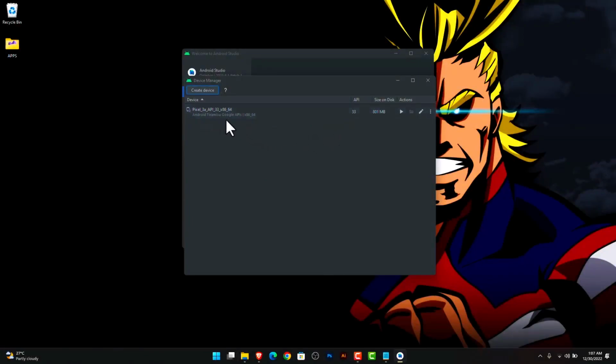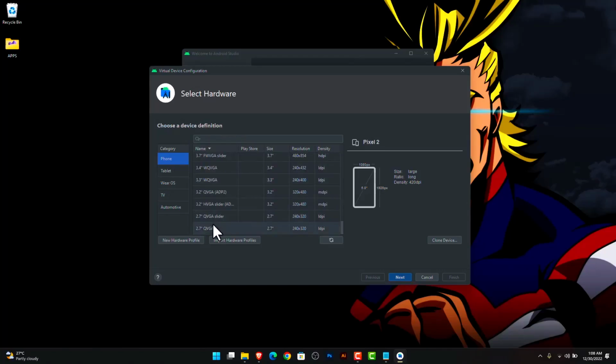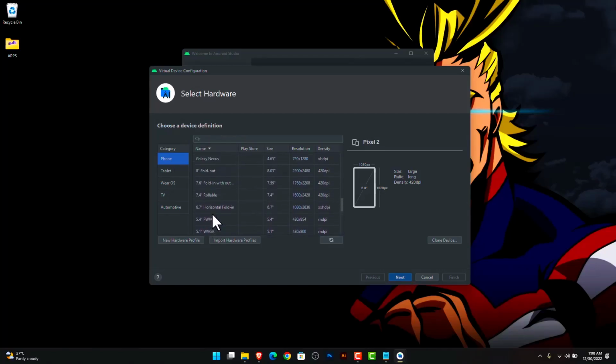Now sometimes you wouldn't see any, so in case you don't see any, just click on create device, and then you need a phone, so you can go ahead and select the size you want. Of course, please do not pick any of the very old ones, so stick to the modern Pixels that are here. These ones just mean they have Play Store included. So I like to pick bigger screens. I don't know, I just like to, but